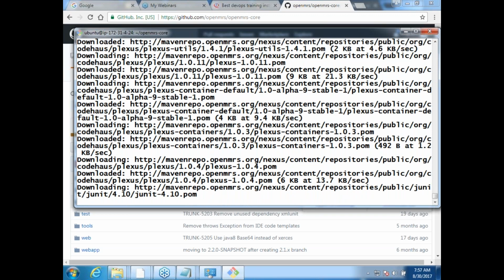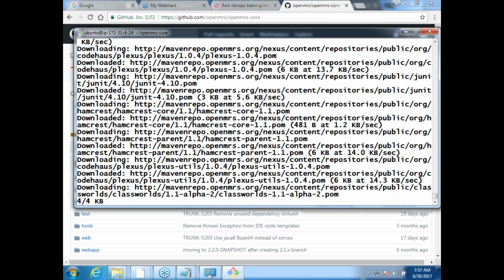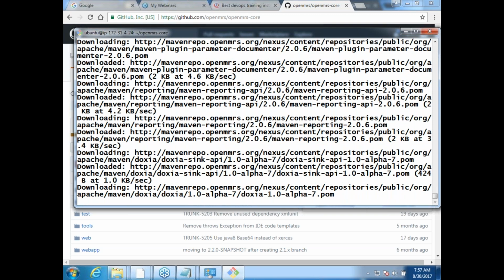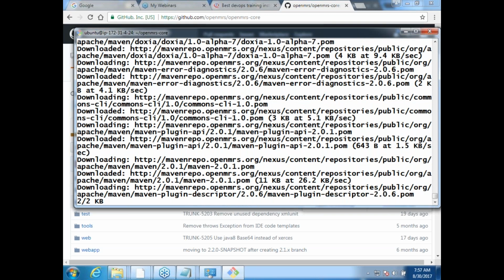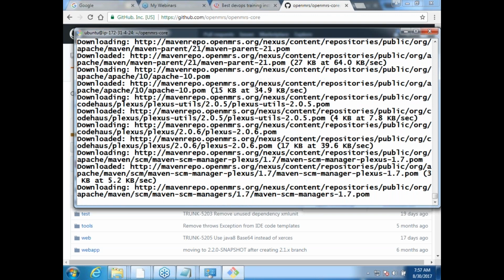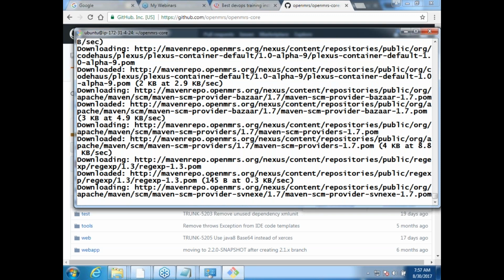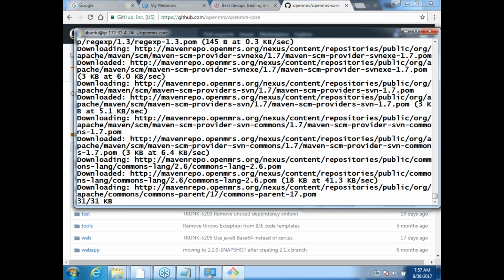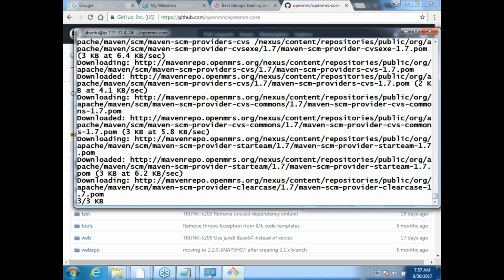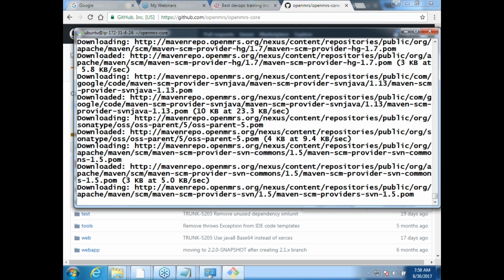So it takes a long time, don't worry about it. Basically what it is trying to do is, your OpenMRS project to compile has many dependencies, and it is trying to download all of that. In the meantime it will also download the tools to build and compile if it doesn't have them. There might be some for itself initially when you have installed it newly.